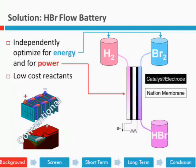Now, the technology that we're working on, that our research team at LBNL is working on, is a hydrogen-bromine flow battery. What's unique about a flow battery is that there's an ability to independently scale the energy and the power. And I think we've heard a lot about this. We've got an intelligent group here, but just to make sure that we're all on the same page and clarifying,